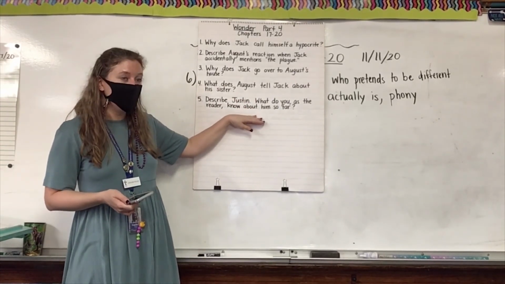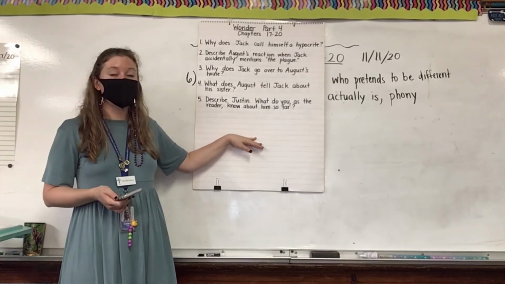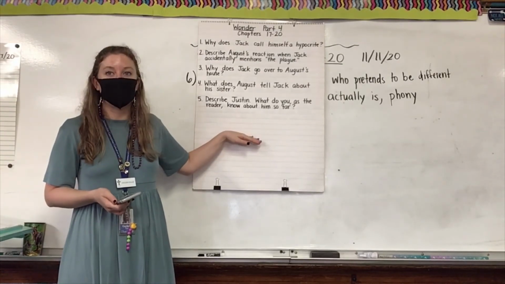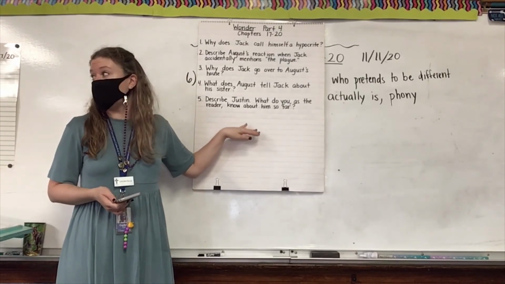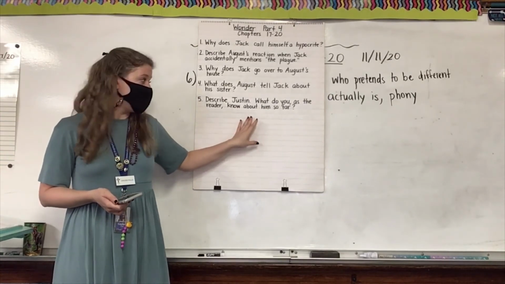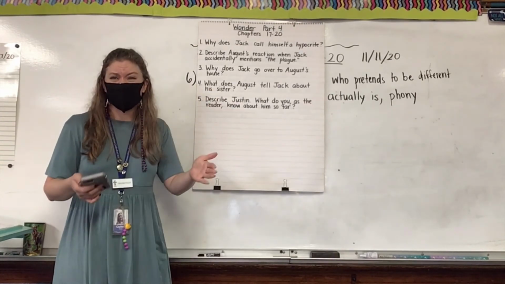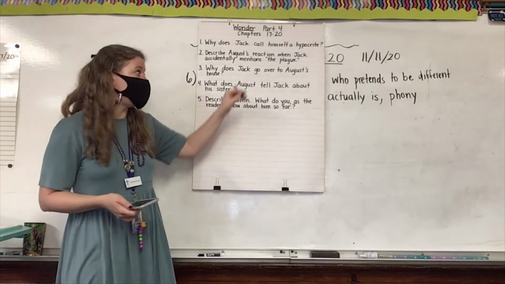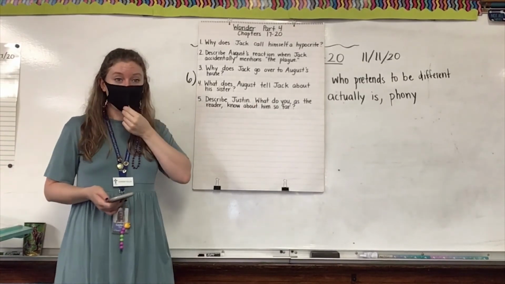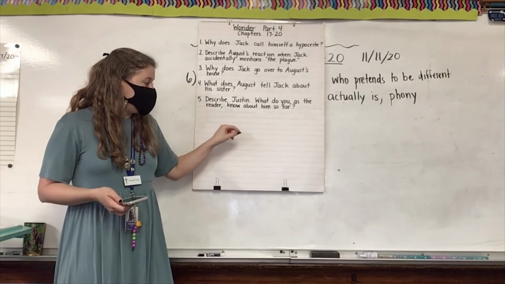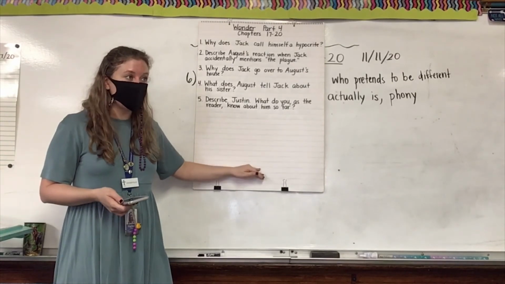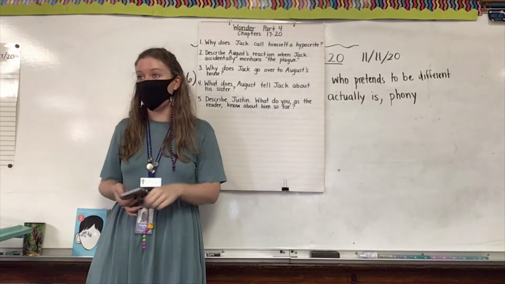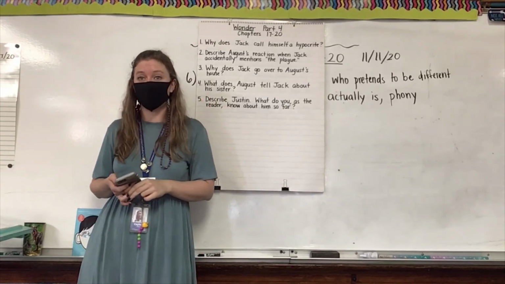Skip one line. Write your full, complete, 2 or more complete sentence answer with good grammar and text evidence when needed. Remember, don't rely on text evidence for your whole answer because I know what the book says. This is like the 5th or 6th time I've read it. I don't need you to tell me what the book says. I need you to tell me that you know what the book says and what you think about it. And then skip one line, write the next question, skip one line, write the next answer, and so on if you have time. Don't stop at 2 questions if you know time's not up yet.